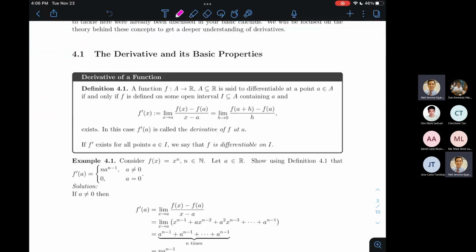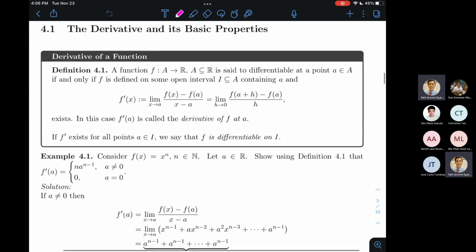So of course, we'll begin with the definition of the derivative. And you will see here na walang pinagkaiba yung definition 4.1 from the definition that you have seen in elementary calculus classes. So if we look at it more closely, we can see that the function f is defined on some subset of the set of real numbers. No mention of any interval. Pero pag i-define ko na yung derivative at a point A, all right, may preamble na dapat una si f ay defined on some open interval I, which is a subset of A containing A. So, and then this is part of the if and only if statement. So it's not a simple preamble to the definition.